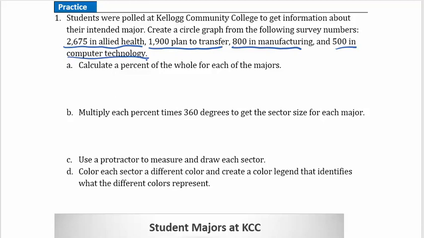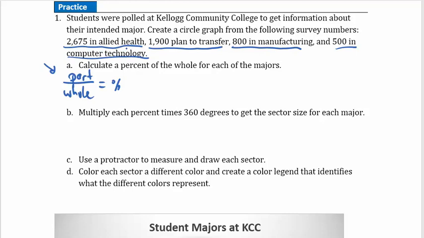So let's talk about a couple of details before we start. The first thing we want to do is calculate a percentage for each of these. And remember, a percentage, in its basic form, is the part that we're talking about divided by the whole. Now, notice we've given you the numbers for all the parts, but we've not given you the number for the whole. So you're going to have to add these all up to get the whole or total population